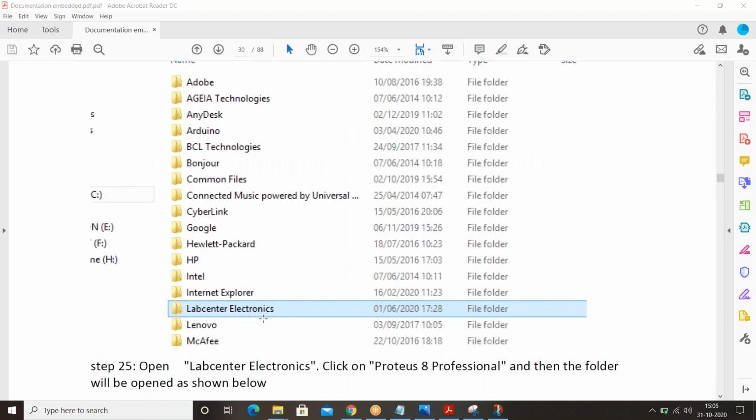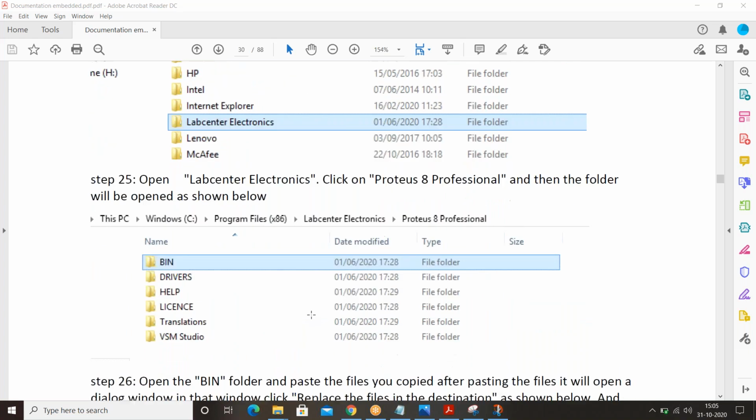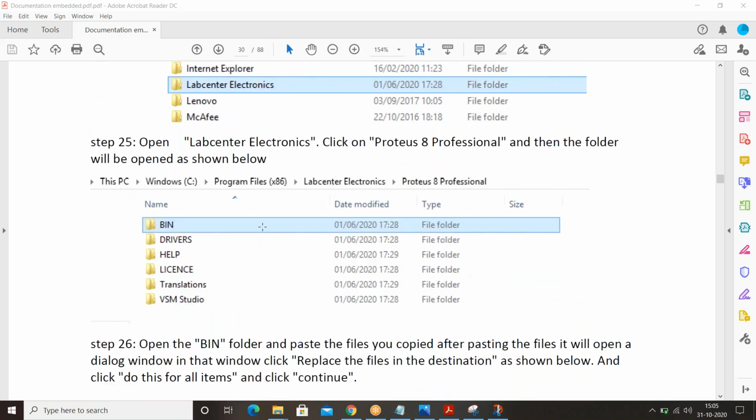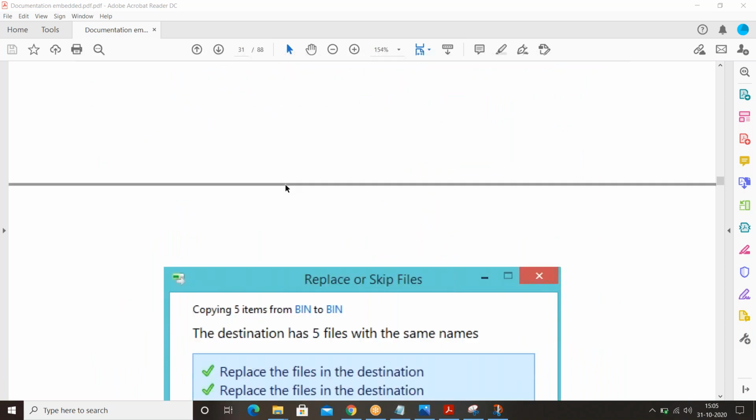I highlighted it here also, Lab Center Electronics. Open that Lab Center Electronics, and you'll get a bin folder here. Open that bin folder.